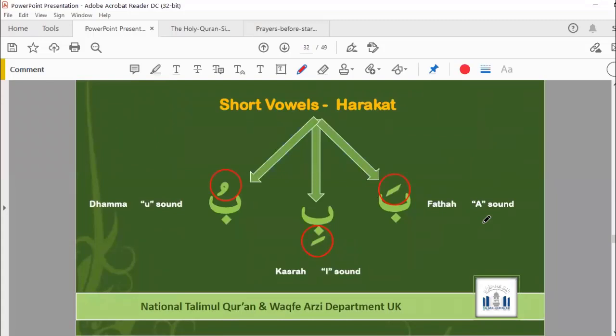Now anyone else please come forward to introduce these short vowels. Assalamu alaikum. I'll take Faiz Rahman. Assalamu alaikum wa rahmatullahi wa barakatuh. Faiz Rahman, can you unmute yourself, please? He's a young lad. Faiz Rahman, Aman Sahib is asking, what are the short vowels, also known as harakat?